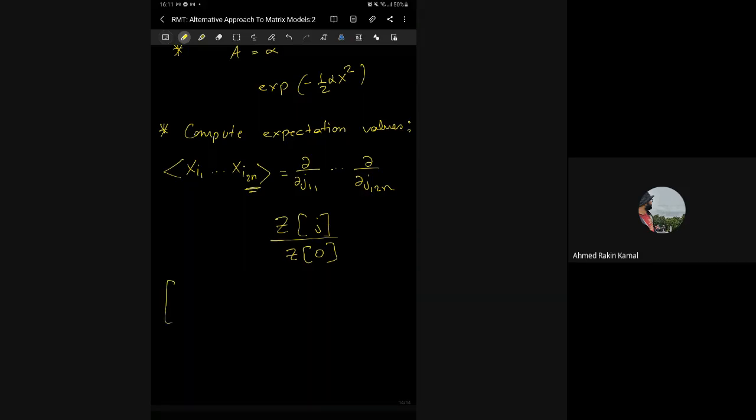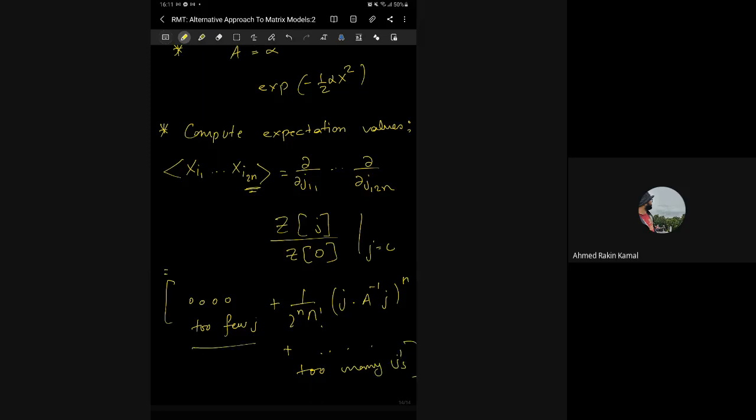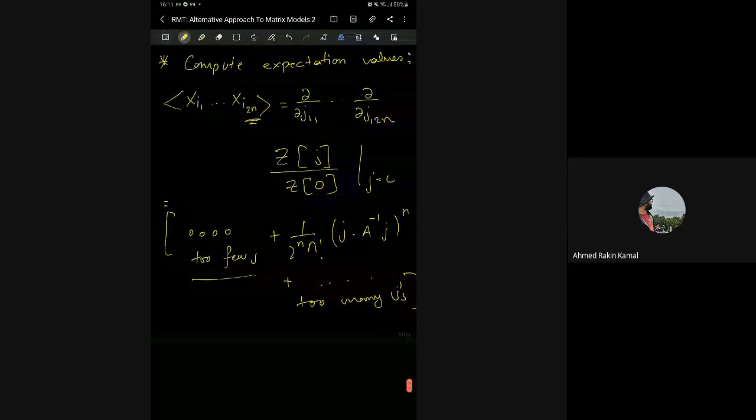So if we do this, you'll have terms with, let's say, too few j's. ওগুলো j0 সেট করে দিলে চলে যাবে, and you'll have terms like this, which will have the exact power of j and too many j's. Too few j's will go when we take another derivative, too many j's will go when we set j equal to 0, and only যেখানে এক্সপোনেনশিয়ালে যেগুলো থাকবে মানে ওগুলো সার্ভাইভ করবে।